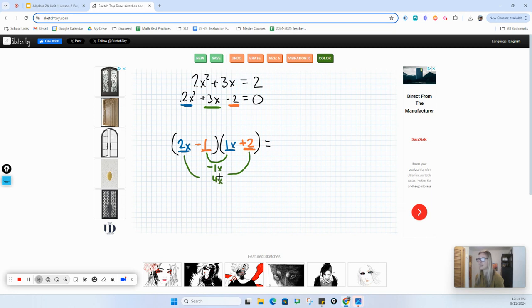And if I were to look here, I notice that they both have an x term. So they are like terms. So I'm going to combine those like terms, adding them together. It's going to get me a 3x. Sorry, that's kind of a funky looking 3. So I have 3x. Hey, that's what I needed. I have my 3x. So what this means is that I have factored this correctly. So my two factors are now going to be,